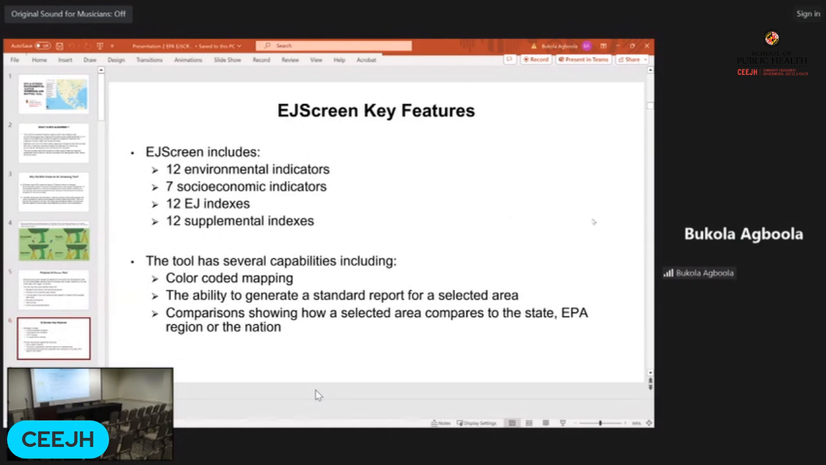What are the key features of the EJ Screen tool? The EJ Screen tool has 12 environmental indicators, 7 socioeconomic indicators, 12 EJ indexes, and 12 supplemental indexes. So the tool has several capabilities, including color-coded maps. That is, the tool uses 5 bins of color, and the darker the color, the higher the environmental injustice